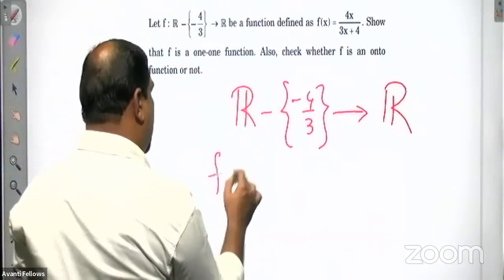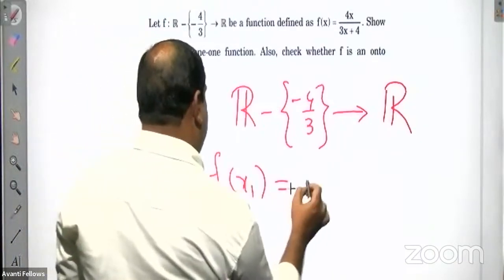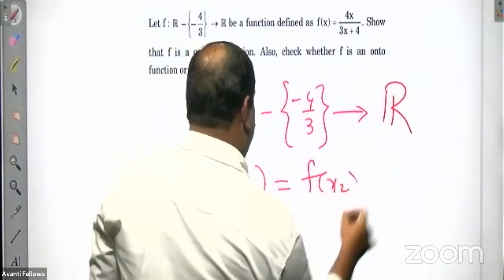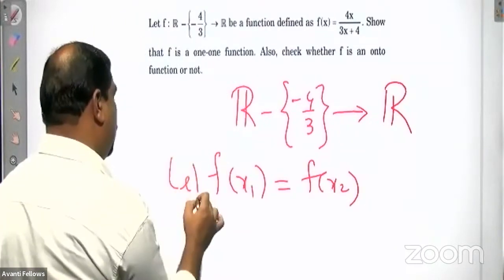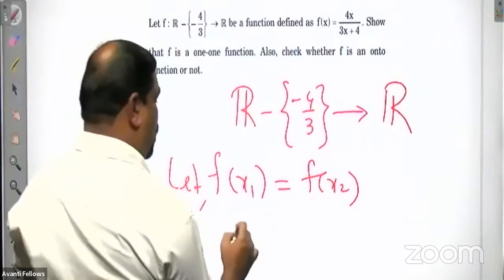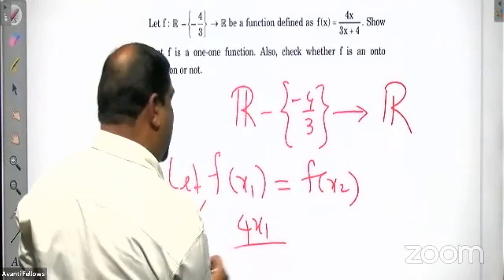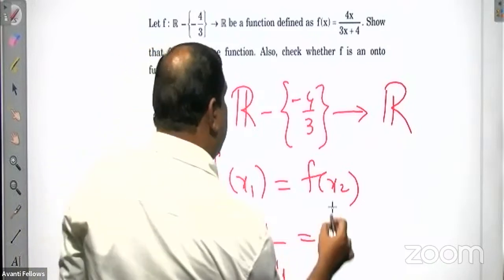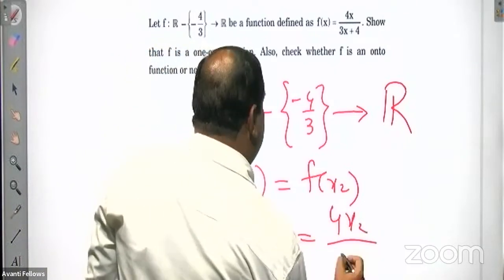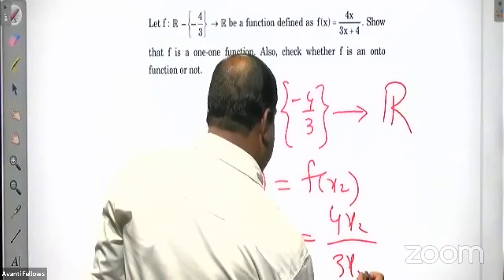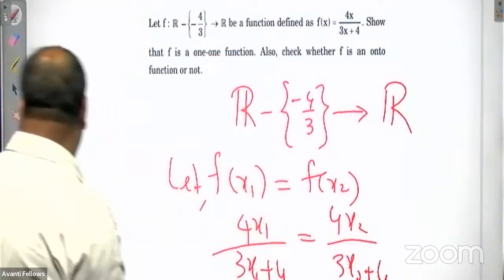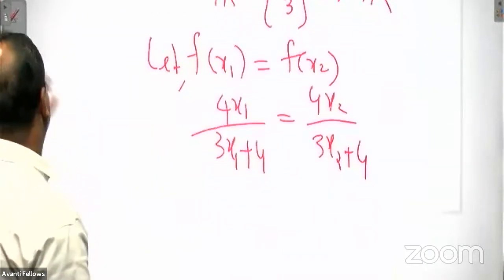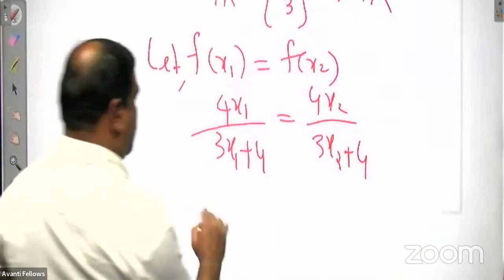For one-one, let f of x1 equal to f of x2. That means 4x1 divided by 3x1 plus 4 is equal to 4x2 divided by 3x2 plus 4. The usual procedure. Then that is